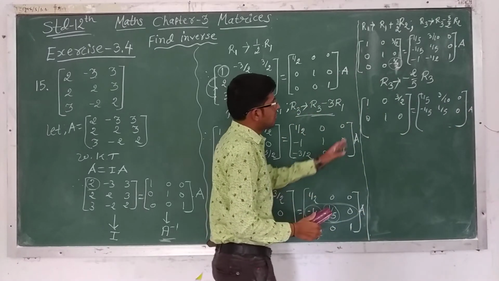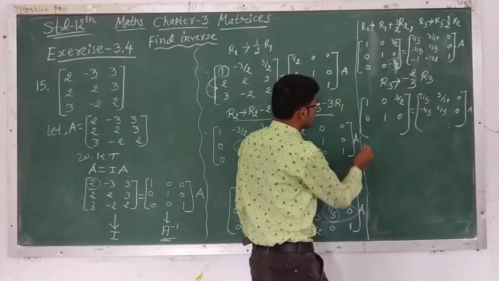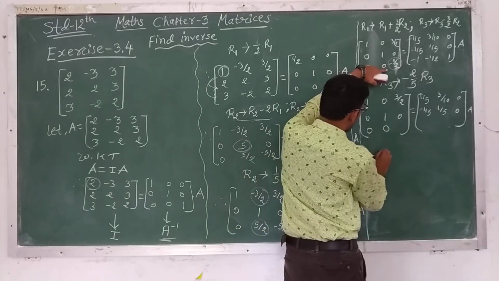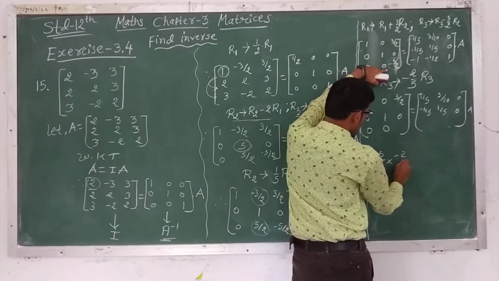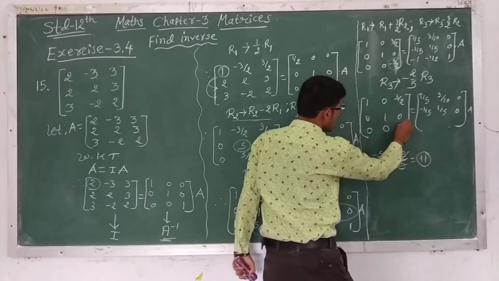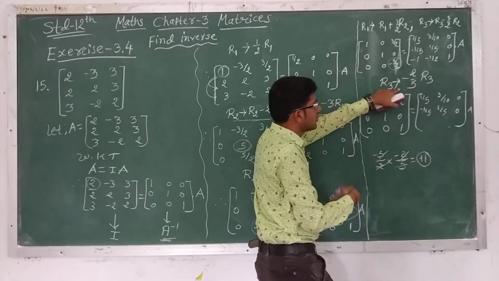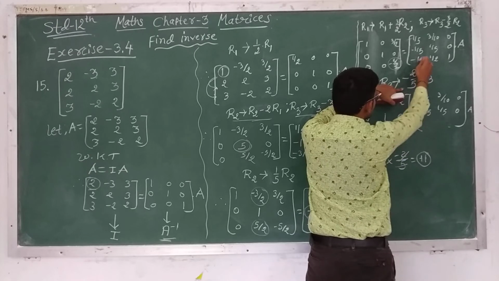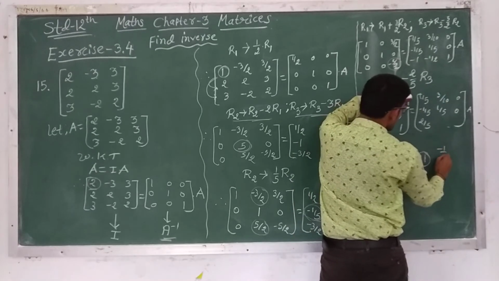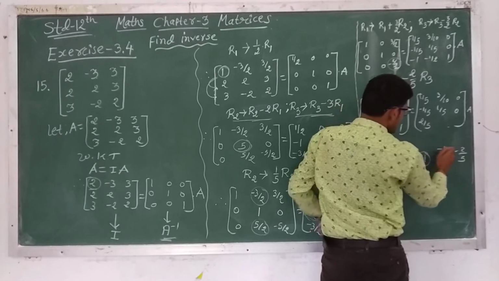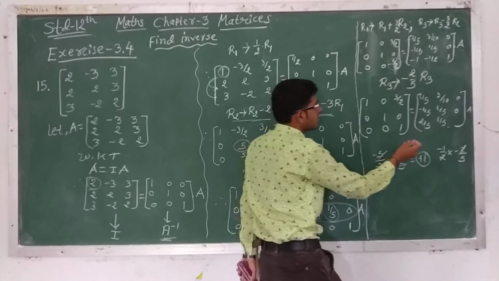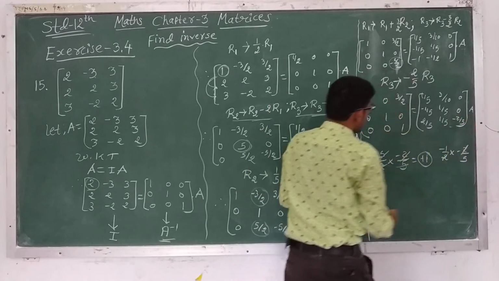Okay, so now multiply by minus 2 by 5. So 0 multiplied by whatever number is 0. Here same thing 0. Here minus 5 by 2 into minus 2 by 5. So the 5s cancel out and minus minus will be plus. So it gives 1. Same thing, multiply minus 1 by minus 2 by 5, so minus minus plus 2 by 5. Here minus 1 by 2 into minus 2 by 5, so minus minus plus, 2 cancels out and it gives 1 by 5. And 1 into minus 2 by 5 is minus 2 by 5.